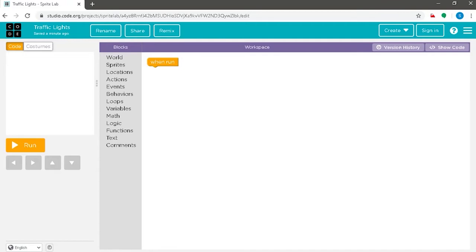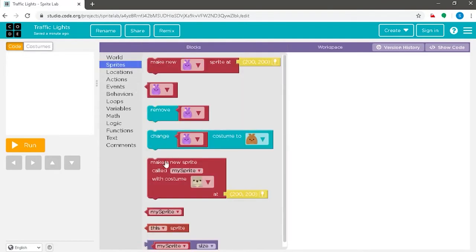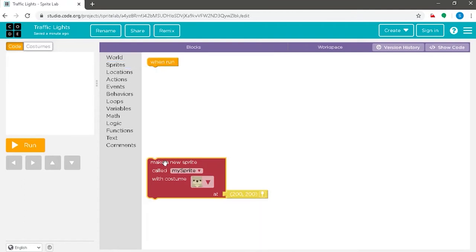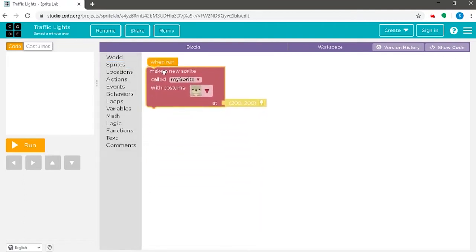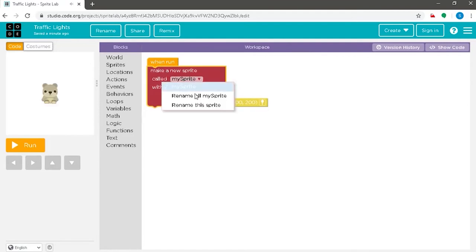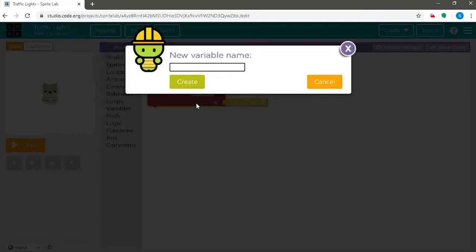For creating the traffic lights and the car, we shall go to the sprites category, drag the command make new sprite and assemble it with when run, and rename the sprite to green.